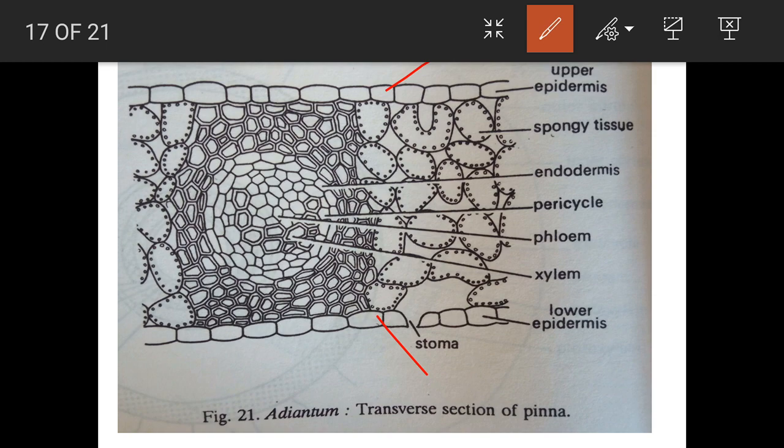The lower epidermis consists of stomata, and the epidermal cells are barrel shaped, somewhat elongated, compactly arranged. On the lower side, we find the stomata for gaseous exchange and transpiration. In between the 2 epidermal regions, the tissue we find is called the mesophyll. Meso means middle, phyll means leaf. The middle portion of the leaf is called the mesophyll tissue. The mesophyll tissue is homogeneous here. It is homogeneous in nature, in that it is only made up of